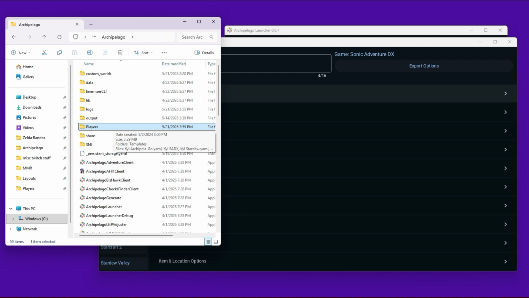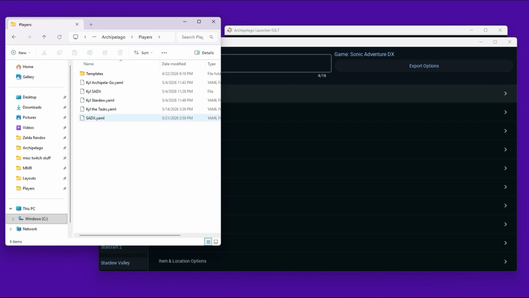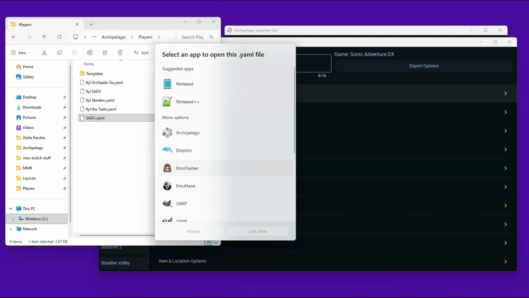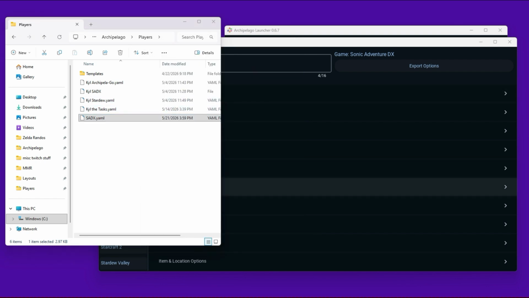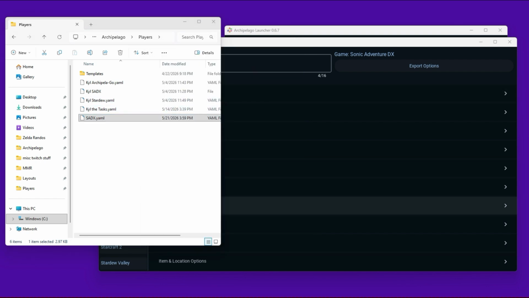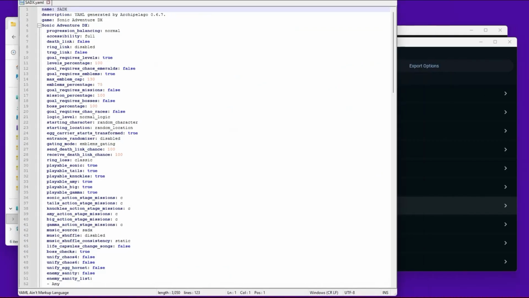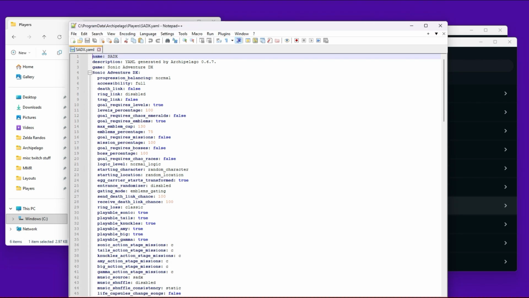If you decide you need to do a little bit more to your YAMLs, if you want to do something a little bit more advanced, you're probably going to want to download Notepad++. It's free. It's pretty easy to use. It's like a notepad, but with a little bit more to work with. So it's on a different screen at the moment. Let me bring it over to you guys. Okay,